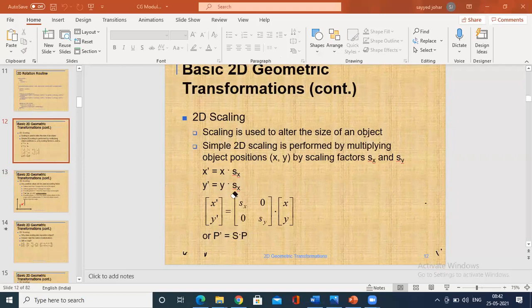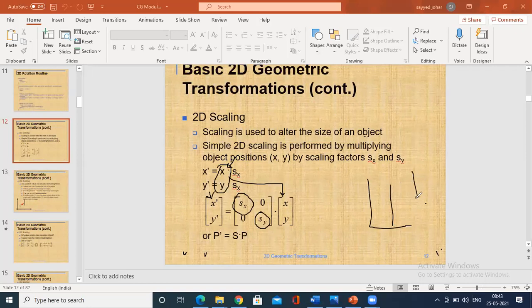size of the object. So it is not plus, we are just multiplying. Okay, so we could see the matrix representation here. If you look at the matrix representation, x dash is equal to x dot sx, and y dash is equal to y dot sy. So you could write the matrix from this. So here, always see along the x-axis and along the y-axis, multiplied by the previous factors. Right?